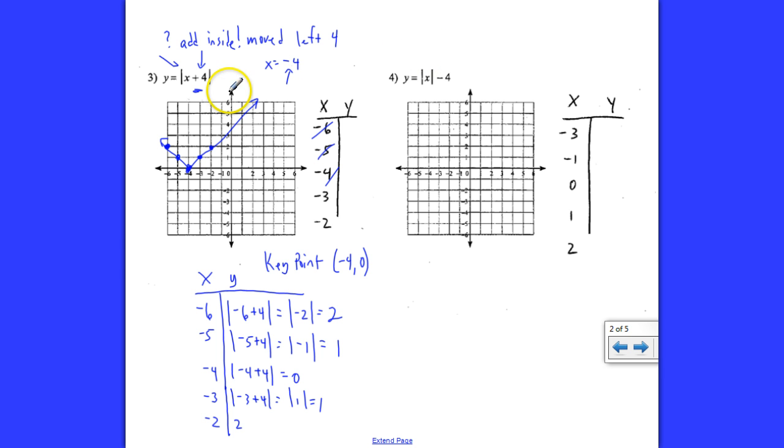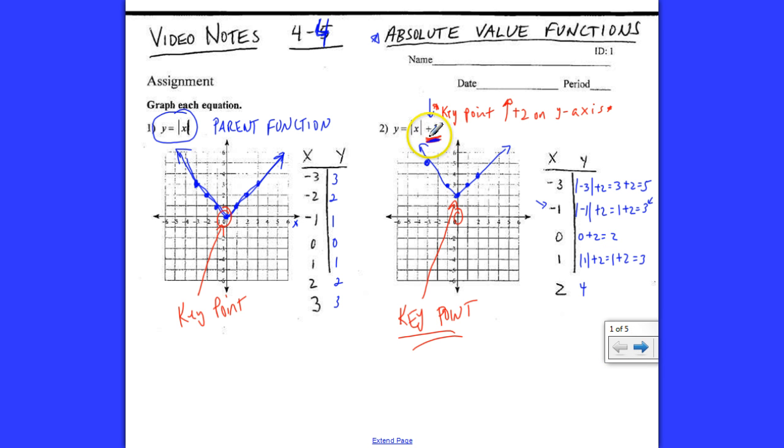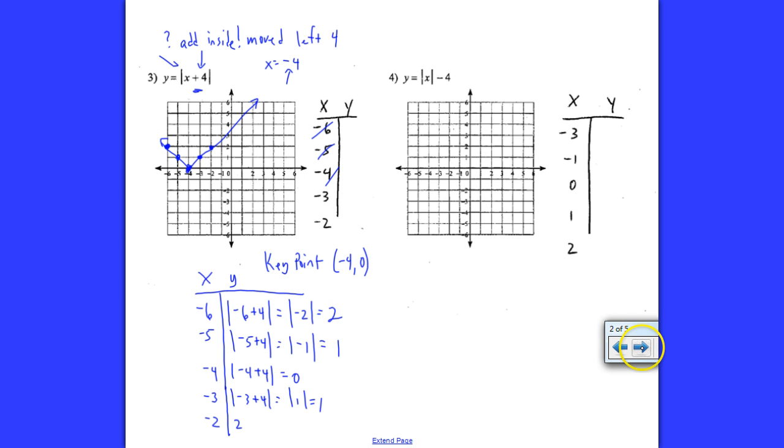In the first video, we looked at question number 2, which told me if I added a number outside of the absolute value, it moved it up the y-axis in that direction. Positive 2, it moved to positive 2. So what I'm going to do on this, I'm going to guess my key point. Well, it's minus 4, so I'm thinking that key point is 4 down from the origin, would be right here. So I think that key point is the point